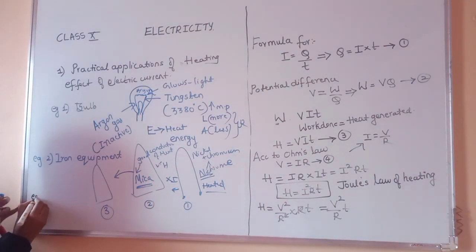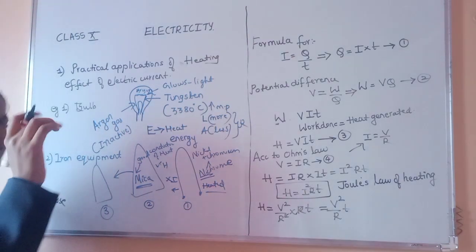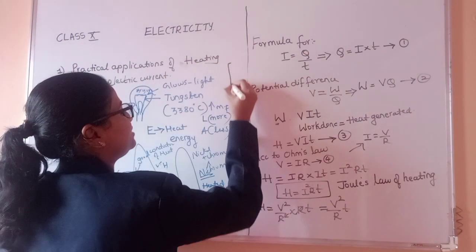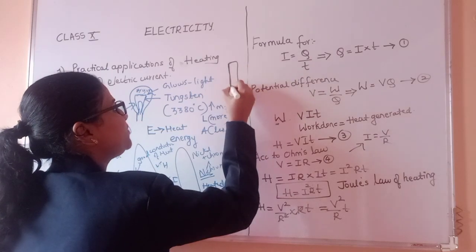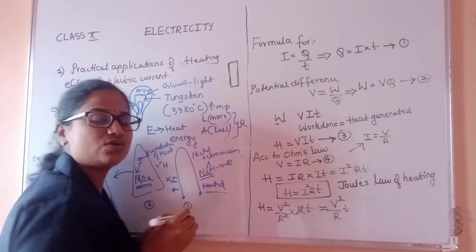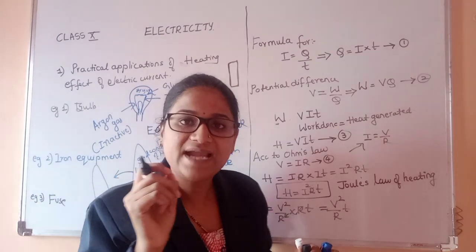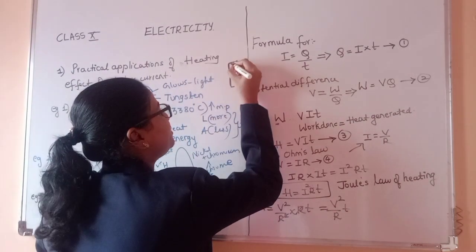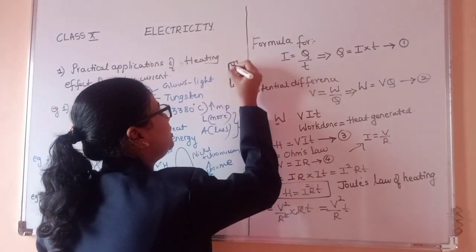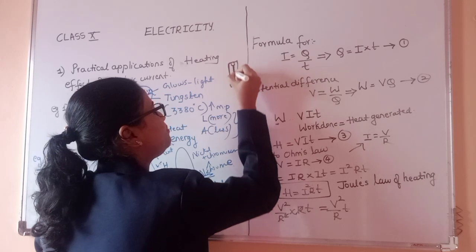The fuse has been skipped, right? The fuse, the white color one which we will be having in our main electric system of our houses, right? So this white color one is called a fuse. Inside the fuse, we will be having a thin wire which is made up of Pb,